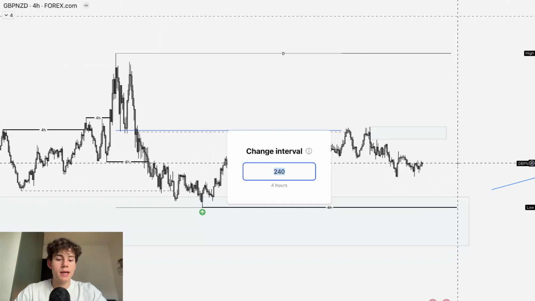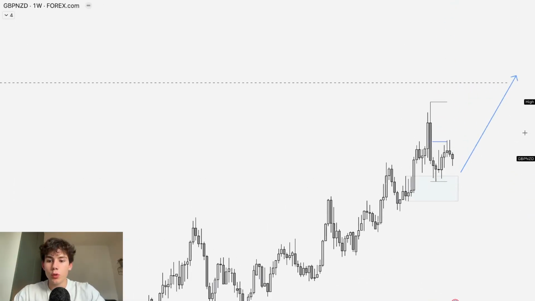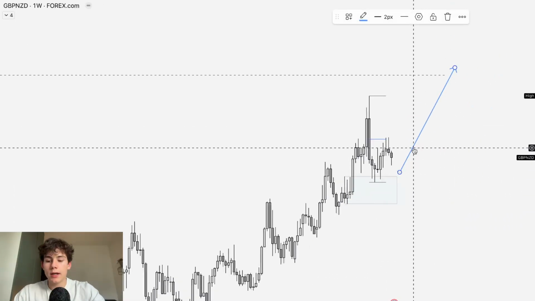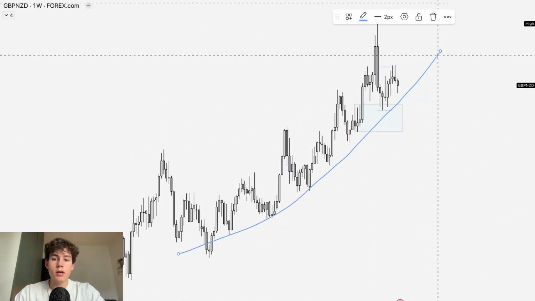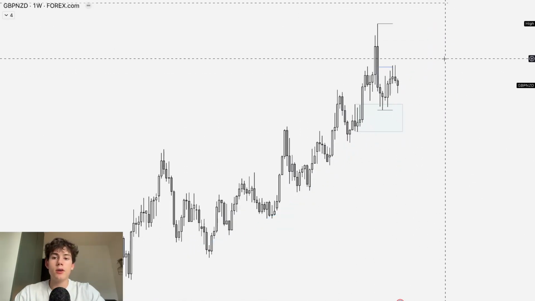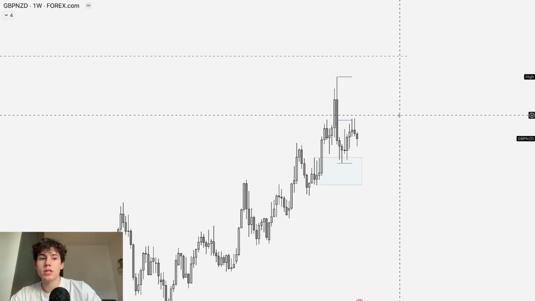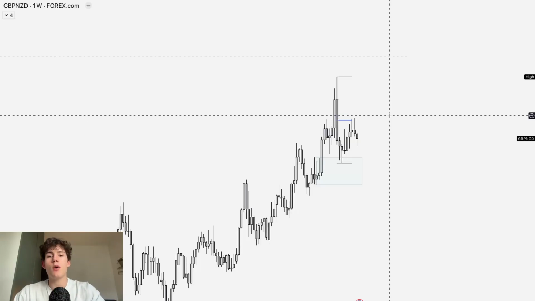Looking at GBP NZD on the weekly time frame, what can I see? Yeah, this is clear bullish order flow though, so I'm looking for upside. I know it's counter to what I'm looking for on GBP AUD, but I'm just reading the technicals. And why am I saying this, guys? Because GBP AUD and GBP NZD look alike, just the same as Euro AUD and Euro NZD.